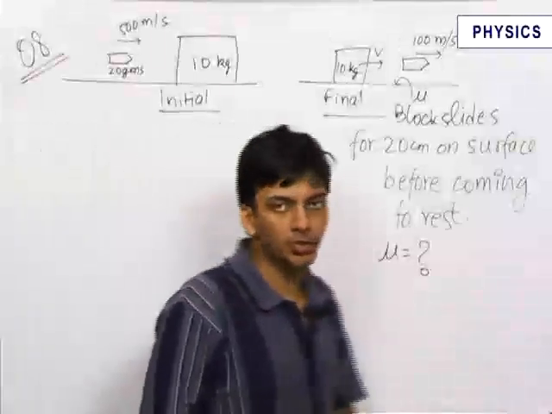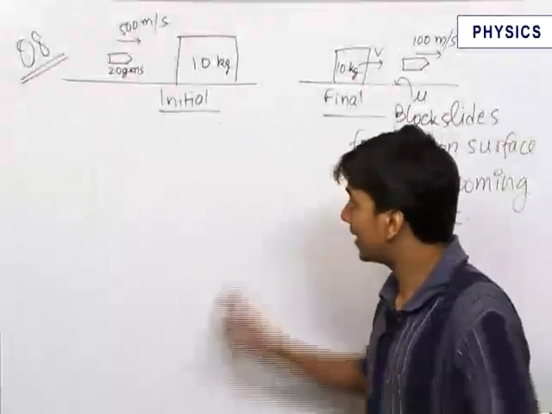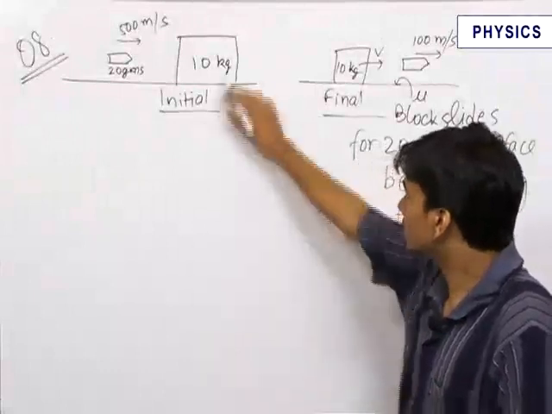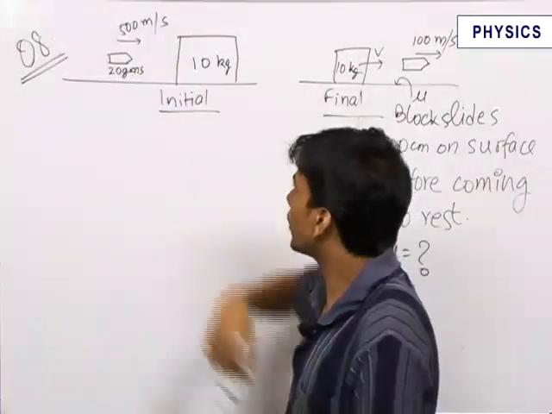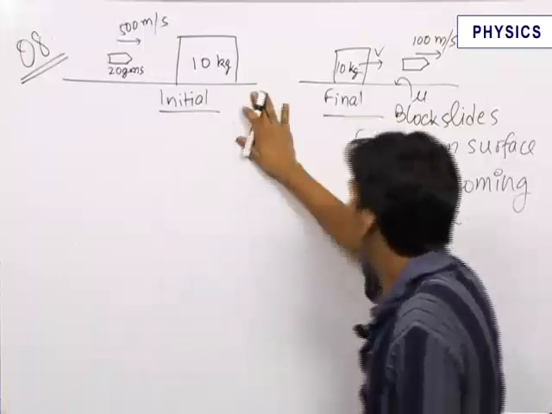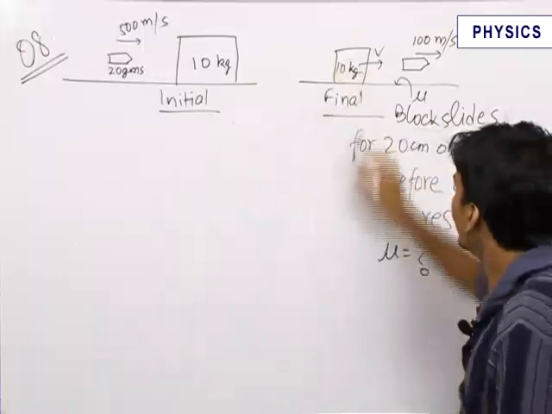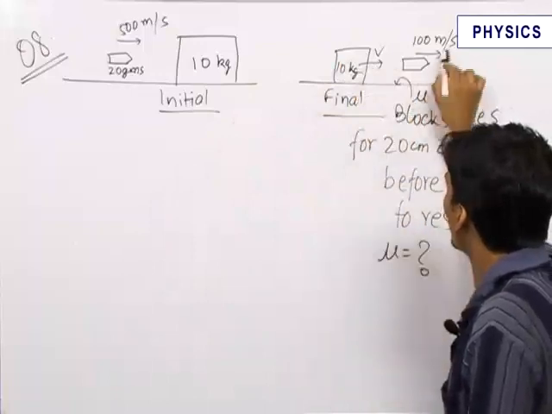In this question, there is another question of collision and rectilinear motion involved. There is a block of 10 kg and a bullet of 20 grams which is coming with a velocity of 500 meters per second. It undergoes a collision with the block and it penetrates through the block and comes outside with a velocity of